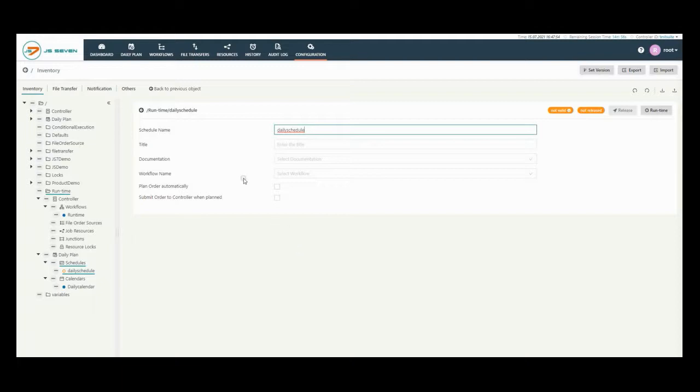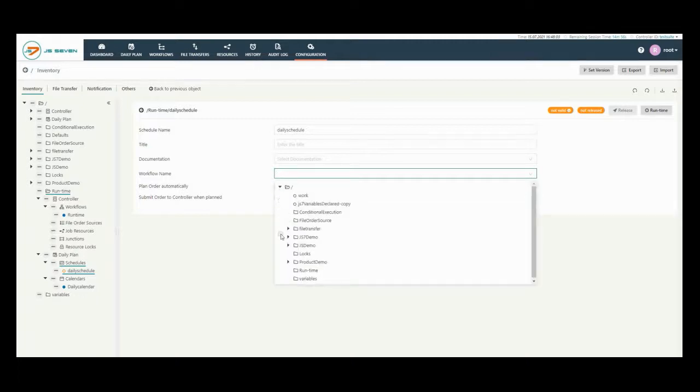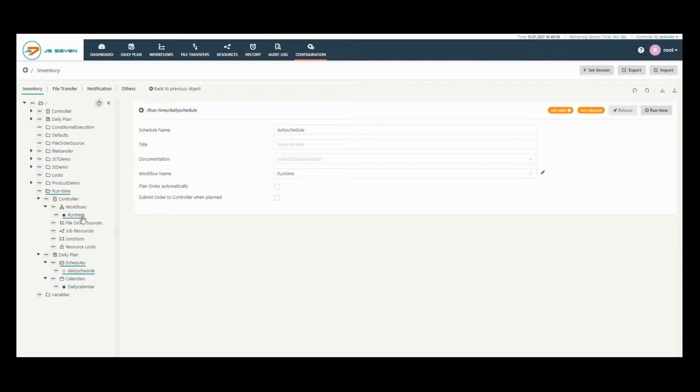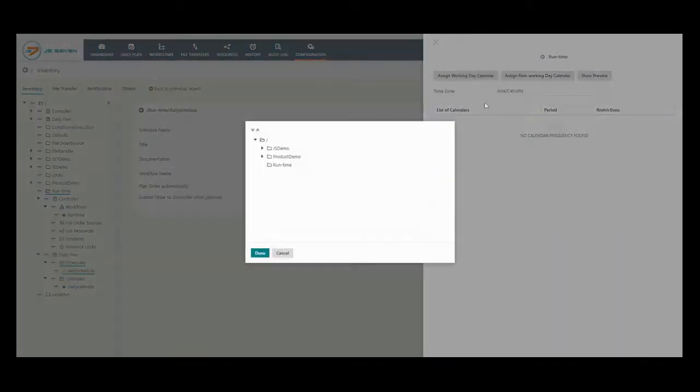Now you need to select the workflow name. From the drop down menu, select the workflow on which you want to apply the schedule. Here I am selecting the workflow named runtime. Select both the checkboxes for automatic plan the order. Click on the runtime button from the right corner and assign the calendar